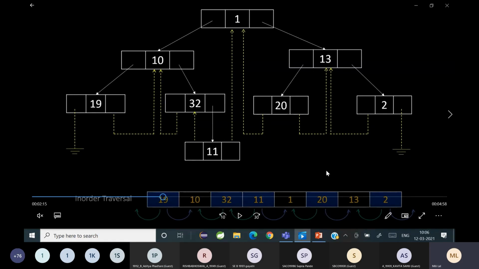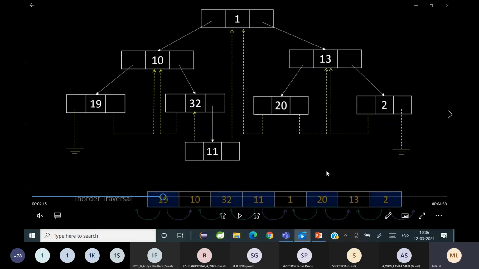वो समझ में आया क्या? Take an example of 32. 32 का right pointer is already connected to another node which is 11. है ना? It's already connected, it's not null. But what about 32's left? It is null. So it has to be connected to the predecessor. तो 32 का predecessor कौन है? In-order का वो जो block नीचे दिया है, देखो 32 का predecessor कौन है? 10. So 32's left pointer is getting connected to 10.